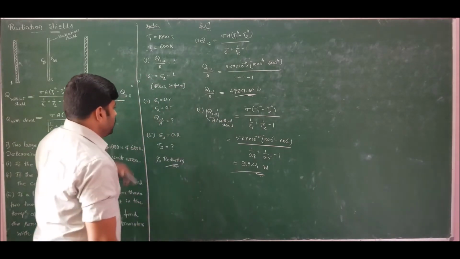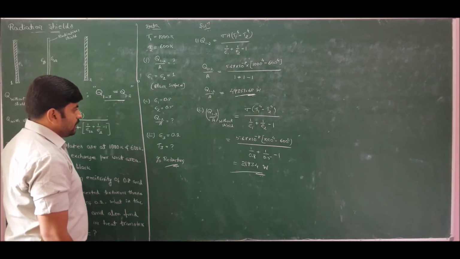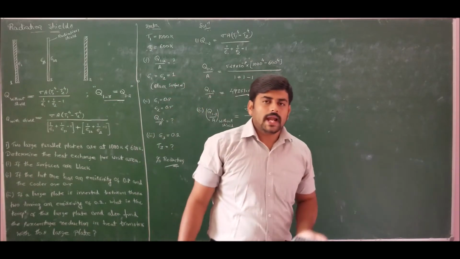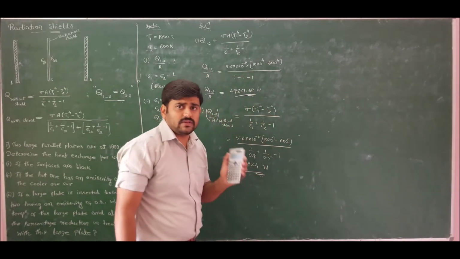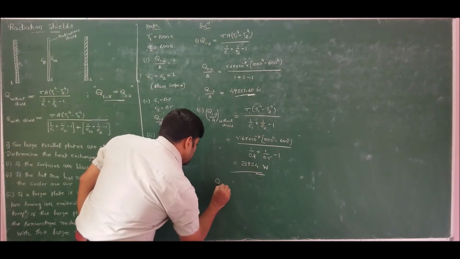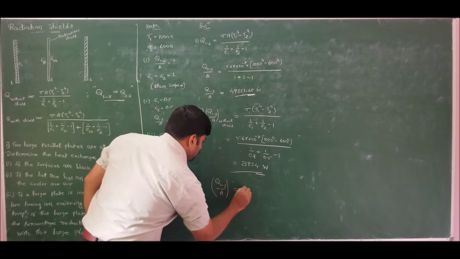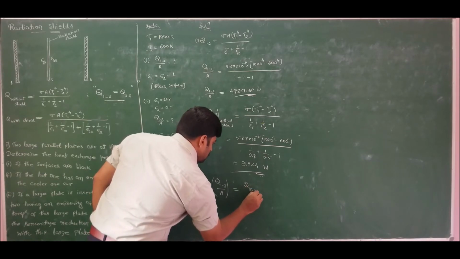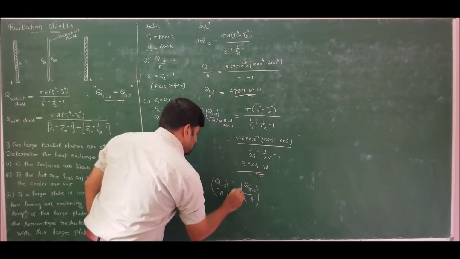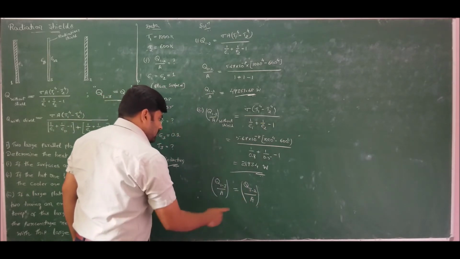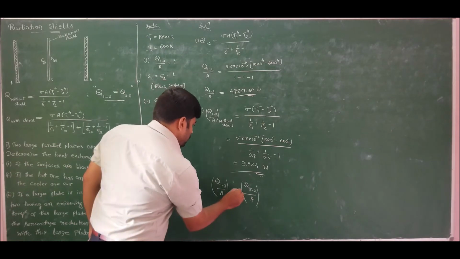Now moving for the third question, he is asking to calculate the temperature. We know that since the radiation sheet will not absorb or add energy to the system, it will just provide the effective surface resistance. So therefore the radiation exchange between the surfaces, Q13 by area, the flux should be equal to Q32 by area. This you people already know, which I clearly explained. So therefore if I substitute and solve, I am going to get,